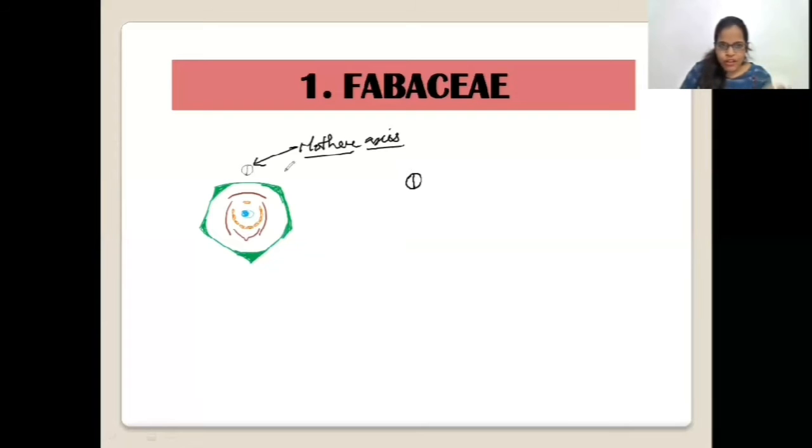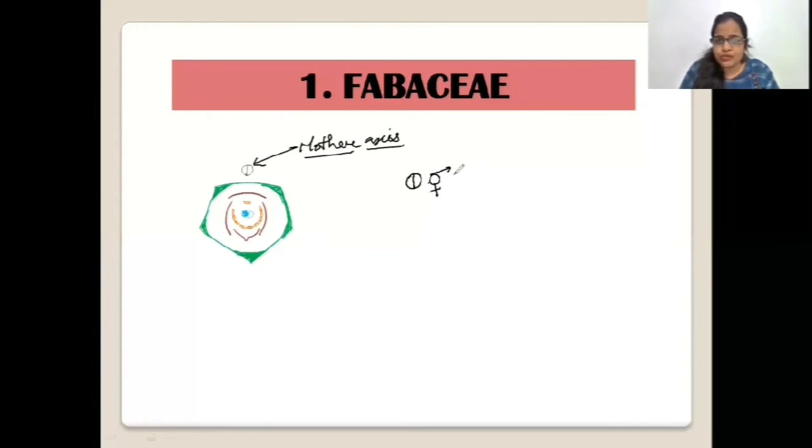Okay, so after this, what am I supposed to draw? I'm supposed to draw the sexuality of the flower. As you can see, it has all the whorls: first whorl is there, second whorl is there. Third whorl, you can see the orange colored whorl is there, and the fourth one is also there. If third and fourth whorls are both there, meaning the androecium and gynoecium are there, the flower will be bisexual. Done. I'm done with the beginning, and well begun is half done, of course. I do believe in this saying. So, symmetry done, sexuality done.